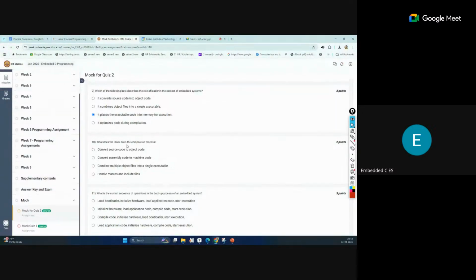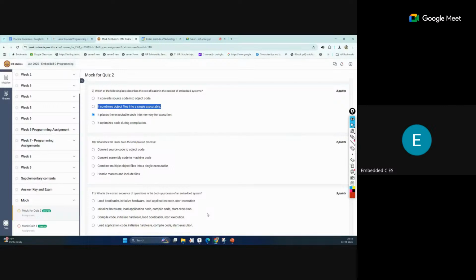Next is: what does the linker do in the compilation process? We have already discussed the second option of this question: it combines object files into a single executable file. Maybe our main code contains calls to different files, or some pre-defined files like stdio.h or string.h, this type of library.